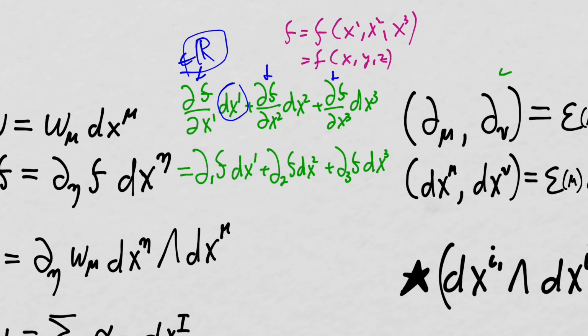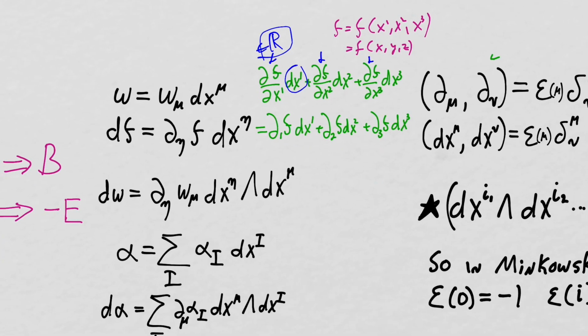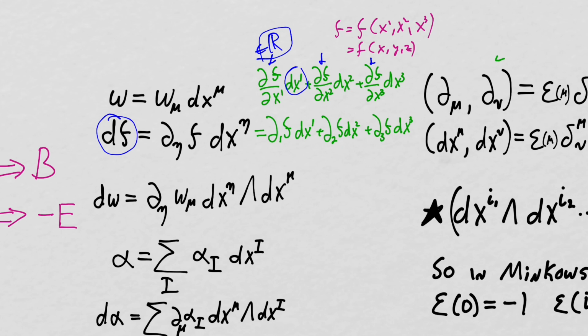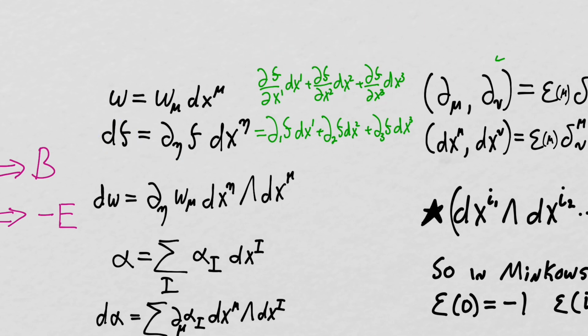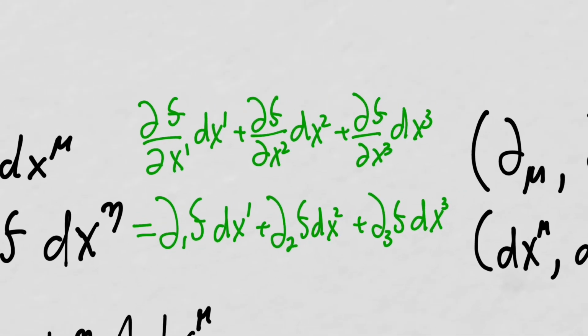So we've now created this one form. We've taken the exterior derivative. The exterior derivative of a function, by this definition that we studied earlier, gives us this expression right here. And now we execute our freedom to turn that into a vector. So how do we do that? Well, I'm going to simply erase these one forms and replace them with vectors,